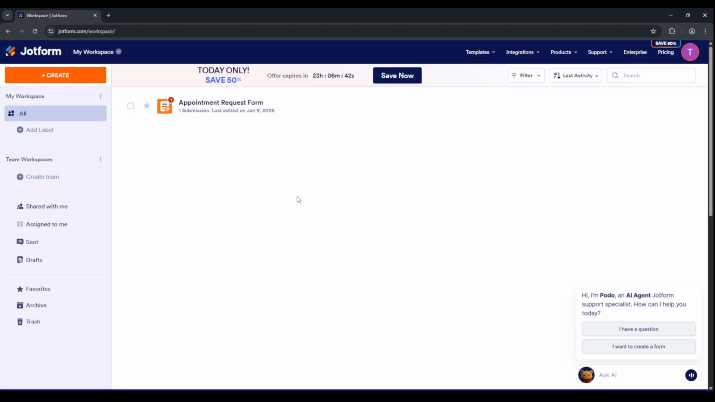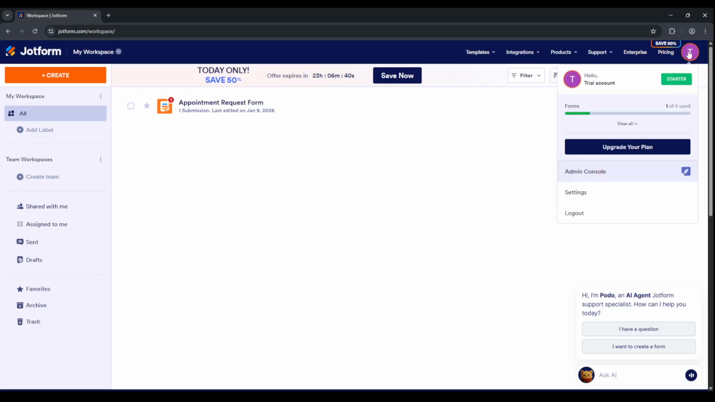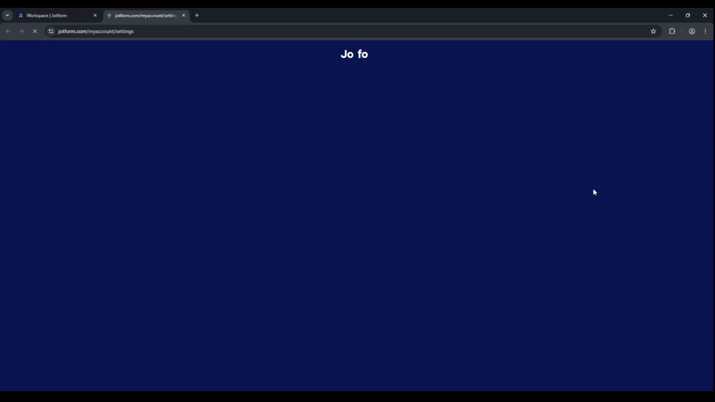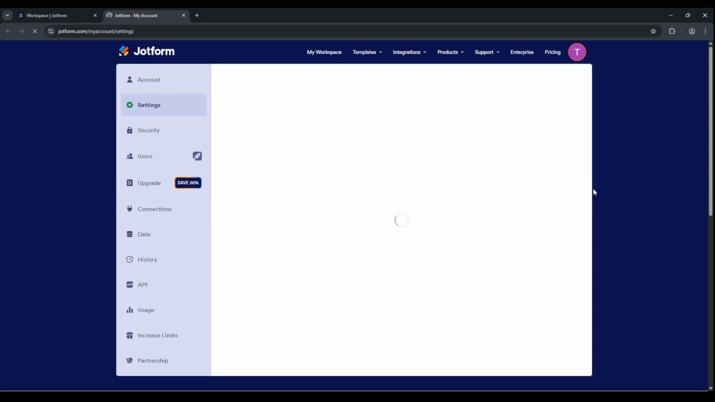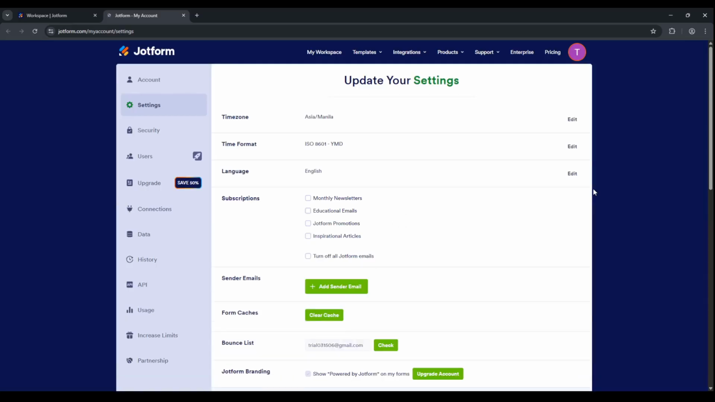From here, look for the settings area of your account. Depending on the current layout, you'll typically see a gear icon or a profile menu in the upper right, or a settings option in the left sidebar. Click into settings to open your account preferences. This is where Jotform groups controls for privacy, security, and communications, so you won't need to dig through individual forms